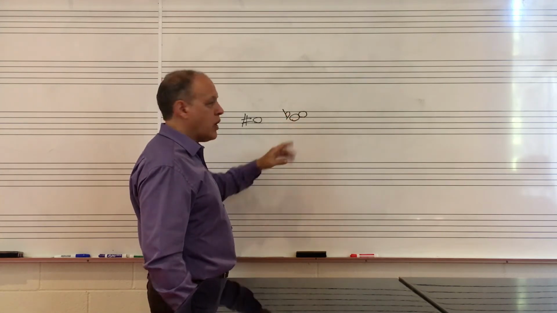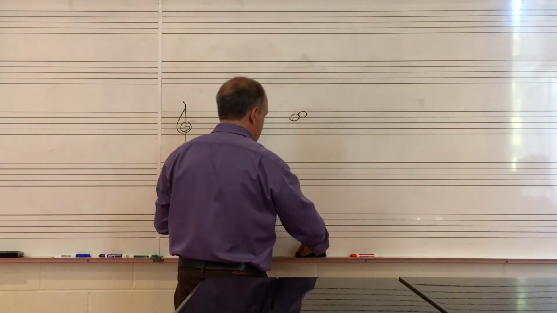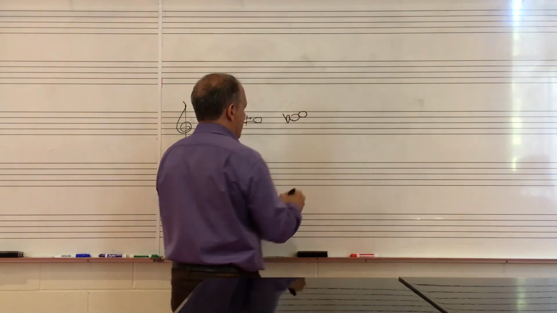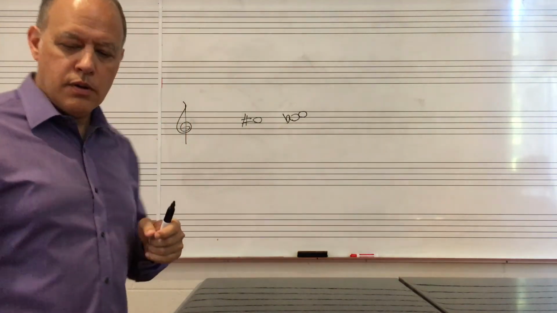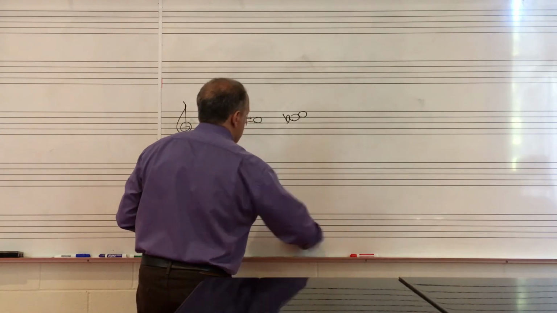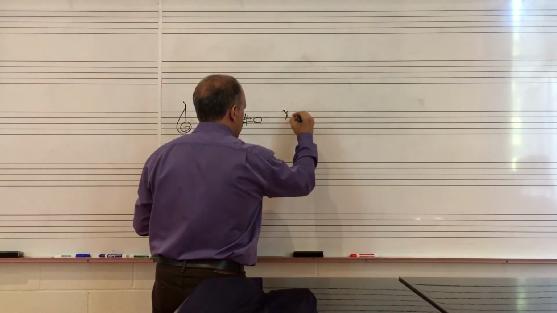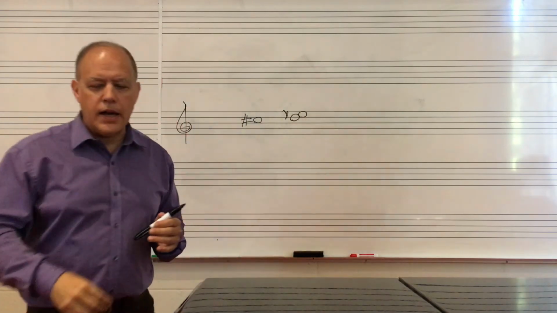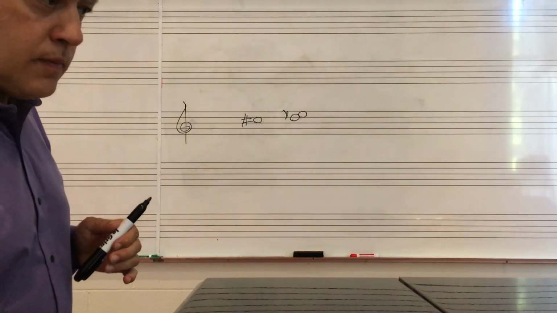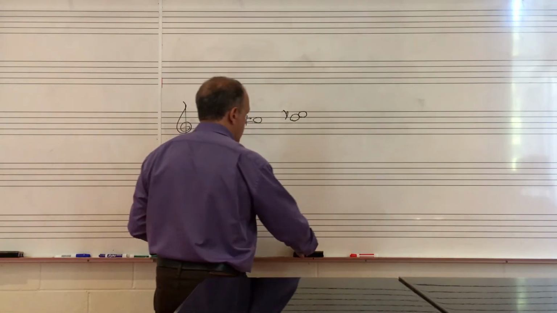And so this is why that will sound completely different from something like this. So this is D flat and E, and this is D, E flat. Sounds like a completely different interval. It's a semitone. All right? Now,